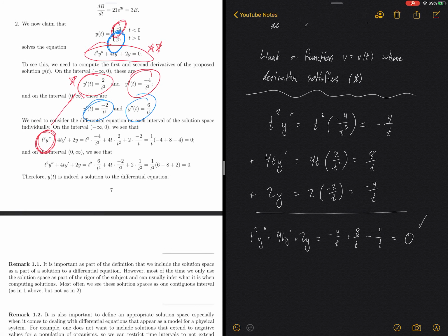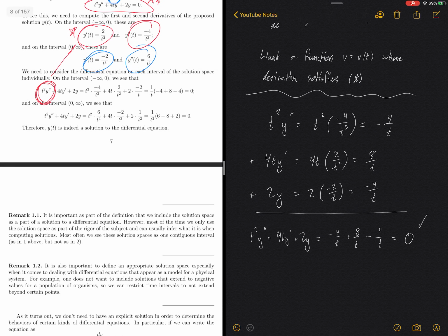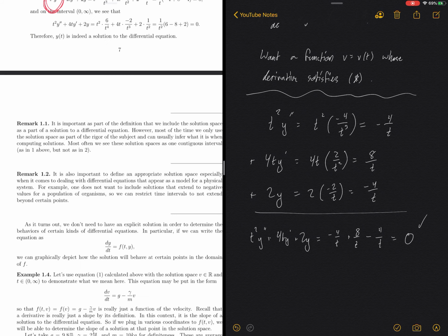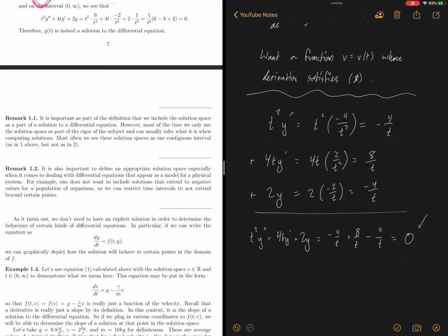We are just checking to see that a particular function and its derivatives satisfy some equation. And it's also important to define an appropriate solution space. But yes, okay. In the next video, we will go further into